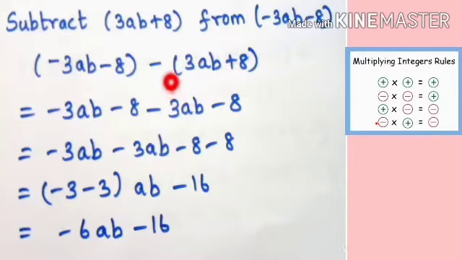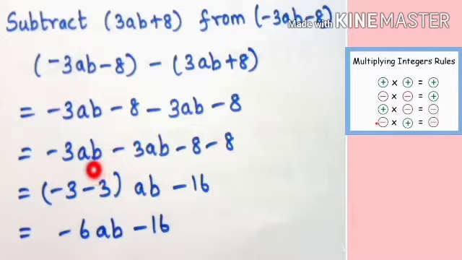is always a negative sign. So a product of two different integers is always a negative integer. By using that multiplication of integer rule, we get minus 3ab minus 8. Here minus into plus is minus 3ab, minus into plus is minus 8. And here in the next step